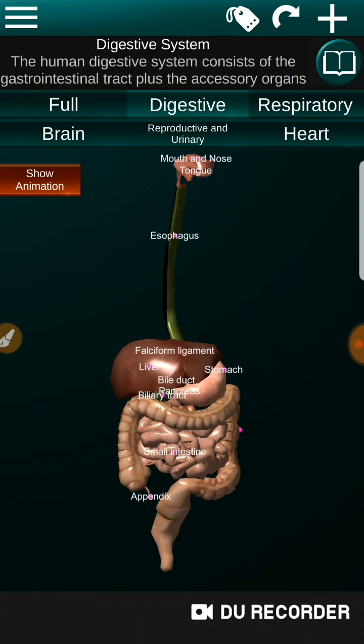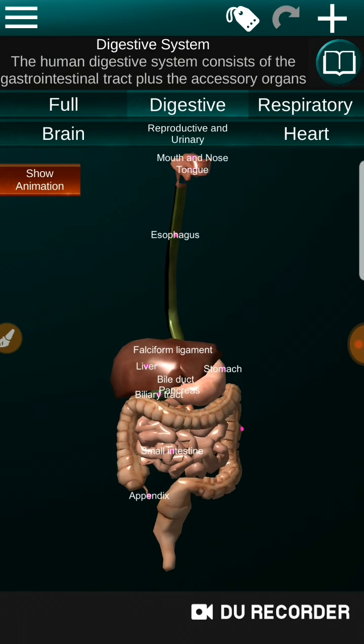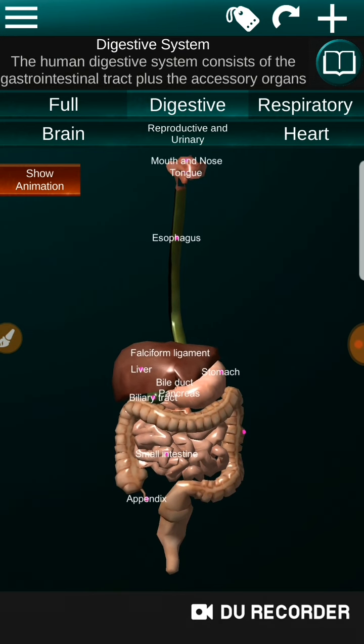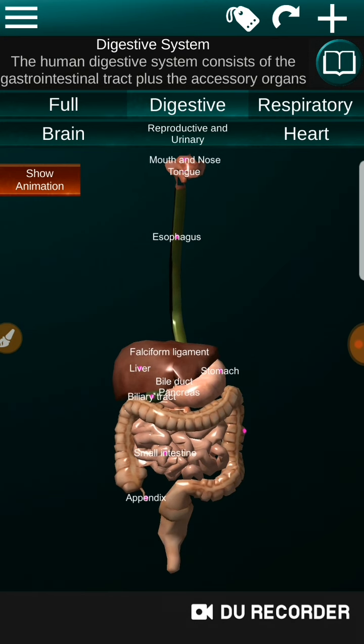It plays an important role in the digestion of fat. Then bile is stored in an organ called the gallbladder before being released into the small intestine. The secretion of the pancreas, called pancreatic juice, helps in the breakdown of carbohydrates into sugar, proteins into amino acids and fats into fatty acids and glycerol. You can see this pancreas.